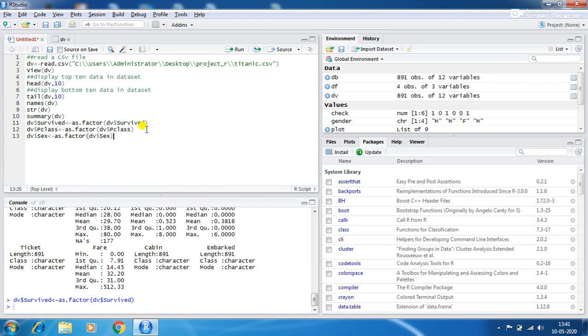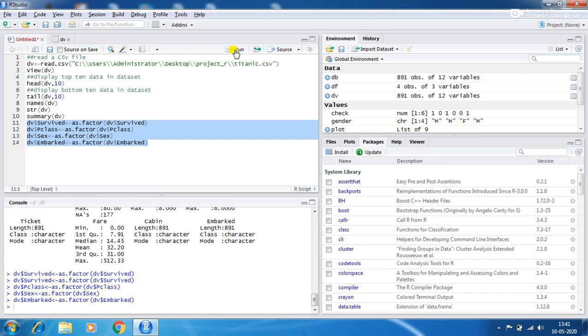Another is embarked. These are the factors, and I want to convert those numeric values to factors.